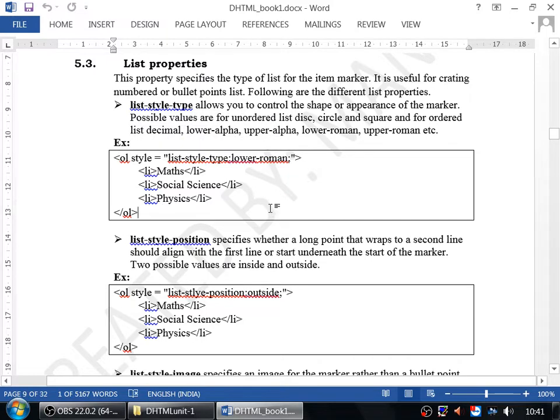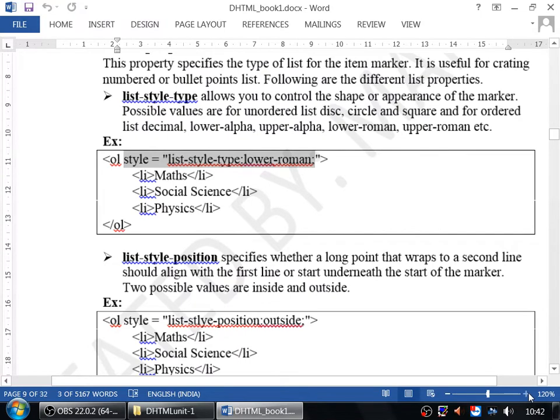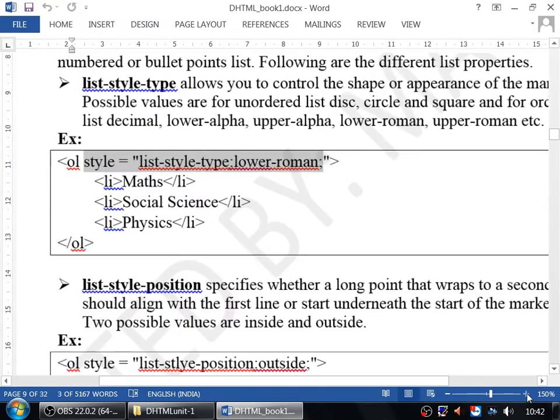Let's see what CSS property you can apply. First tell me, which type of CSS have I used in this example? It's inline CSS, right?